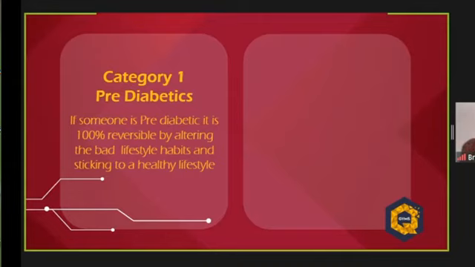Because everyone loves to eat sweets, at least for me, I love my sweets, I love my donuts. I like to eat that most of the time. I think by following a healthy lifestyle for a long enough period of time, I managed to allow myself to do that without getting any blood sugar issues. So if you're pre-diabetic, you are not in trouble yet. You are fine if you start acting soon enough.